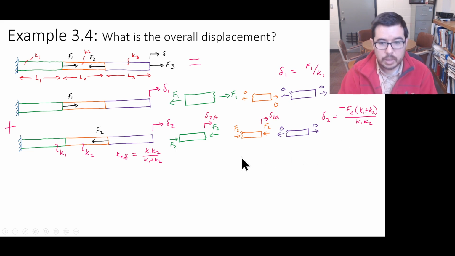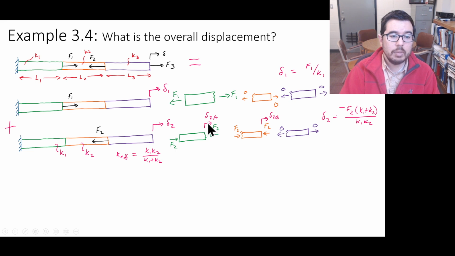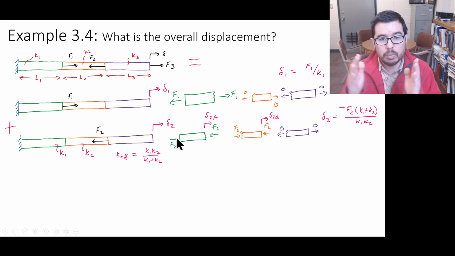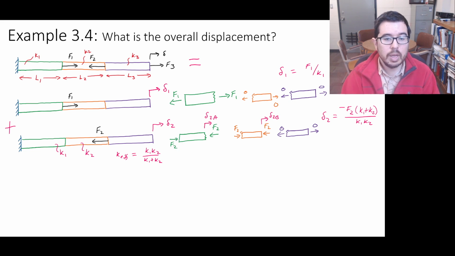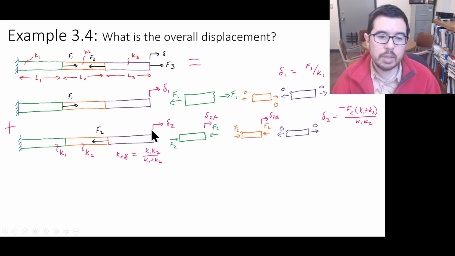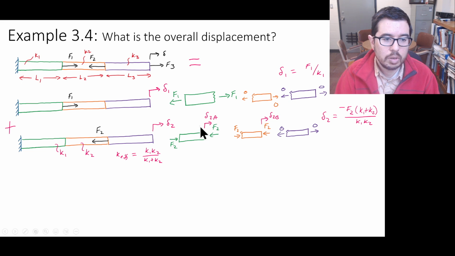Now, another way to think about this system is to look at the elongation or the compression of the individual entities. So I'm going to look at what's happening in the green one. I'm going to look at what's happening in the orange one. And let's just define these delta 2a and delta 2b. Now, these are in compression, so I'm expecting that these will go negative. And I'm also thinking, well, delta 2a plus delta 2b is going to give me my delta 2, right? So how much this extends or compresses plus how much this extends or compresses is going to be the